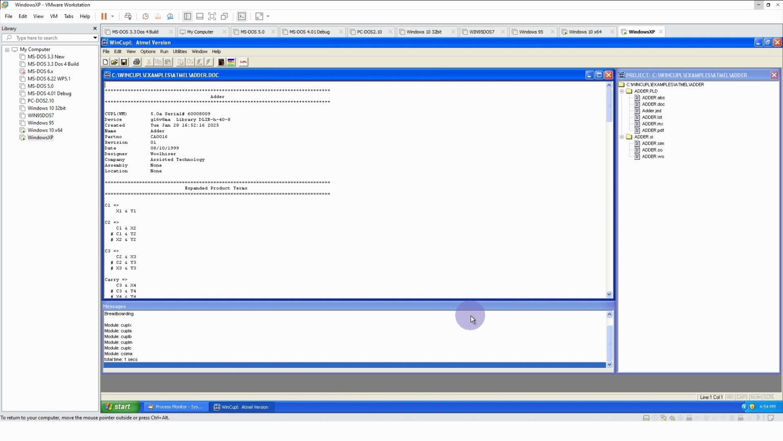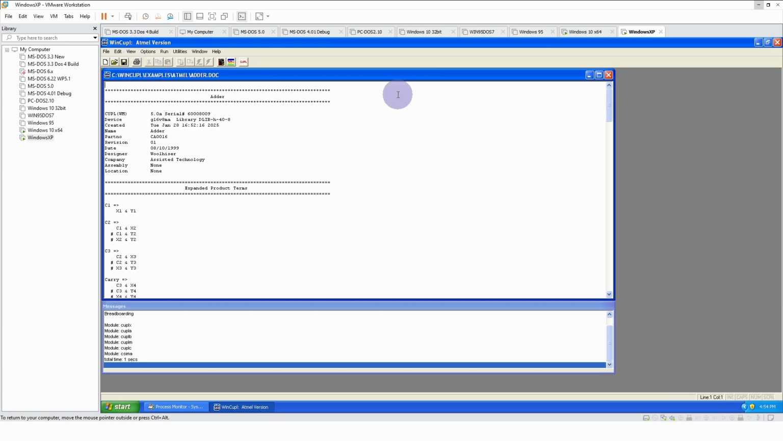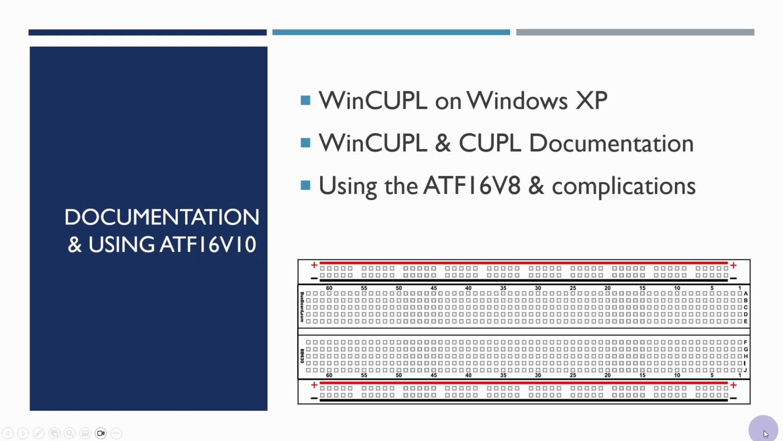I've done similar changes to later versions of Windows, tried running in compatibility mode and also with administrator privileges, and it makes no difference. So for the moment, I'm content with the fact that this project view, although it's nice to have, is not actually that important. And as long as we turn the project view off, then in fact it will function quite adequately. So we've seen that WinCUPL runs okay on Windows XP as would be expected, and we've also seen